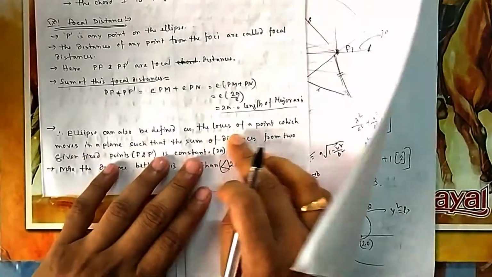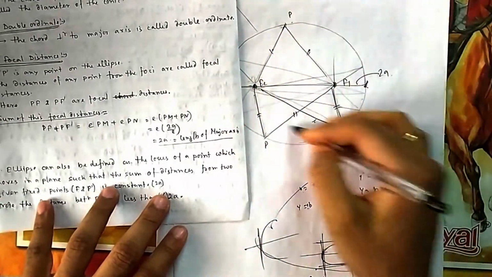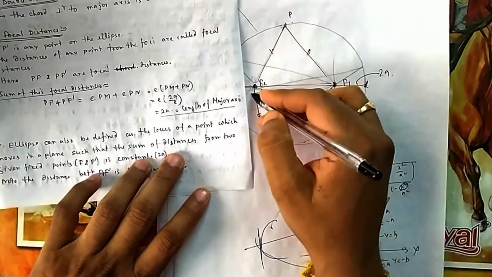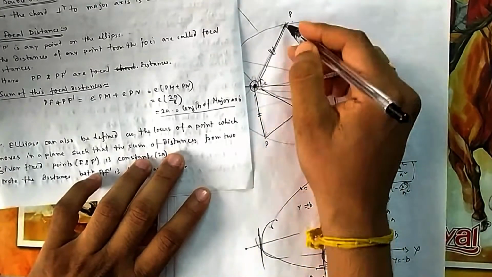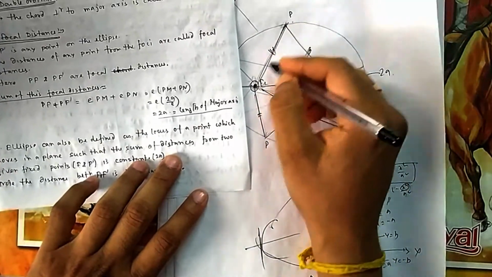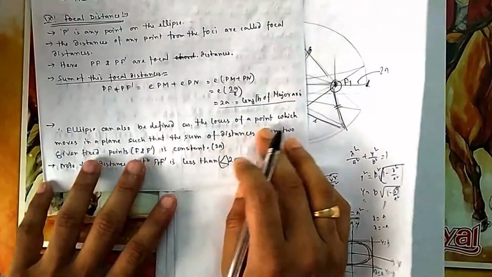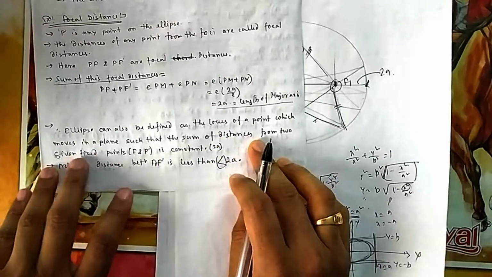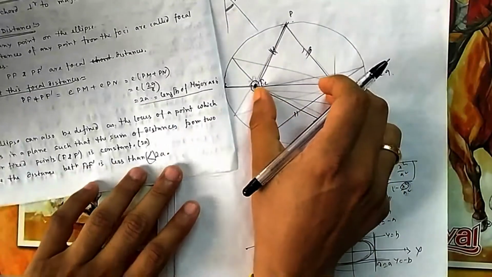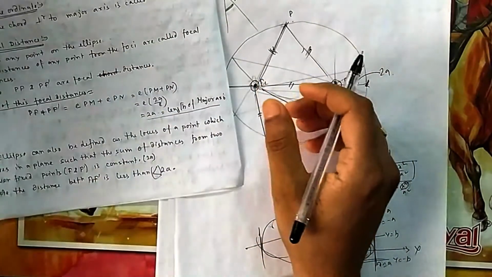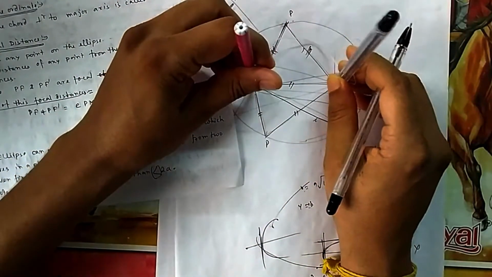So an ellipse can also be defined as the locus of point P, which moves in a plane, that we are moving by our hand, such that the sum of the distances from two fixed points, this is one fixed point, this is one fixed point, is always constant. Constant means this plus this is always equal to 5 centimeter, whatever the length of the thread, that is 2a. It moves in a plane such that the sum of the distances from two given fixed points F1 and F2 is always constant. Here it is 2a. Obviously the distance between the foci is less than your thread. The distance between these two pens was less than the thread. You can see the thread length is much higher and the distance between these two is less.